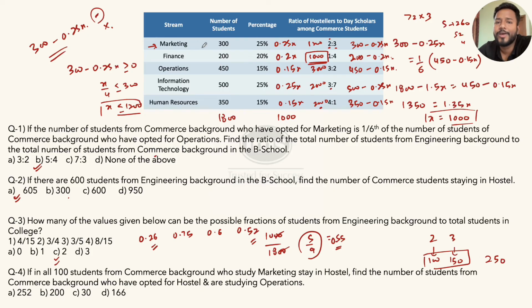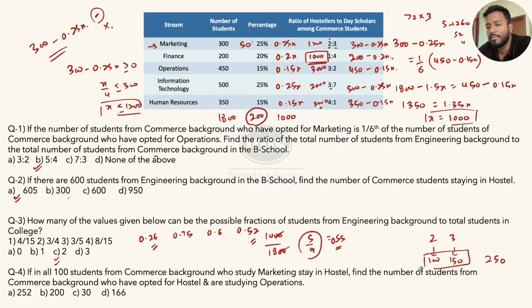नाउ 250 इज द टोटल नंबर ऑफ व्हाट? कॉमर्स स्टूडेंट्स इन मार्केटिंग। सो अगर 250 कॉमर्स स्टूडेंट्स आपके मार्केटिंग में है तो 300 माइनस 250 ये आपका नंबर क्या मिल जाएगा? इंजीनियरिंग का मिल जाएगा इन मार्केटिंग। सो दिस इज द फर्स्ट स्टेप कि इंजीनियरिंग का नंबर आपका 50 आ गया। नाउ बिकॉज आपका 50 आपका 25% की वैल्यू है, राइट? यहाँ से अगर हम टोटल भी निकालते हैं वो भी हम कर सकते हैं, जैसे कि 50 आपका 25% है, राइट? 25% क्या होता है? किसी चीज़ का 1/4 होता है। तो टोटल इंजीनियरिंग का 1/4 50 है, दैट मीन्स टोटल इंजीनियरिंग का नंबर अभी कितना ले सकते हो आप? 200 ले सकते हो, राइट? सो वी कैन डू दिस ऑल्सो। 200 आपका टोटल निकल जाएगा इंजीनियरिंग का।